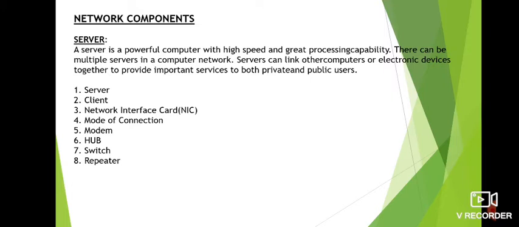Next is hub. A hub is a networking device that is used to connect multiple computers and computing devices directly to the network by using cables. Each connection is called a port. The connections are established using fiber optic cables. When the hub receives the data at one of its ports, it distributes the data to the other ports in the network. In simple words, we can say that hub is used for establishing communication among multiple computers.